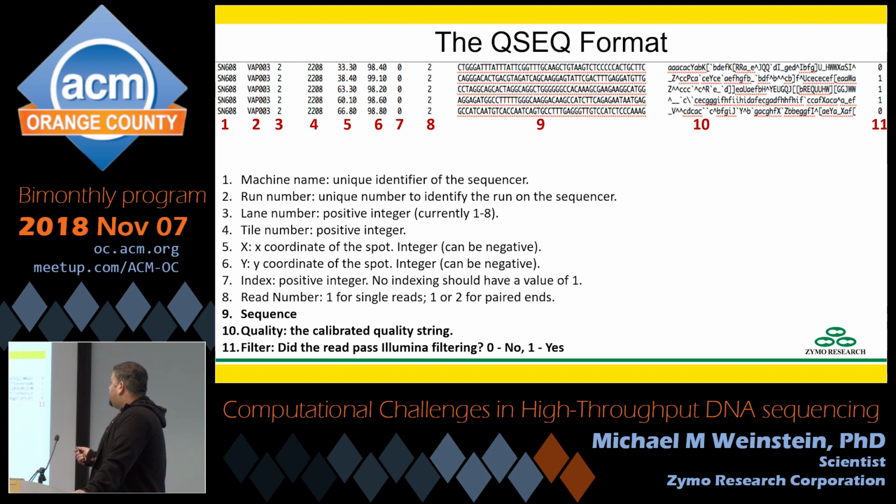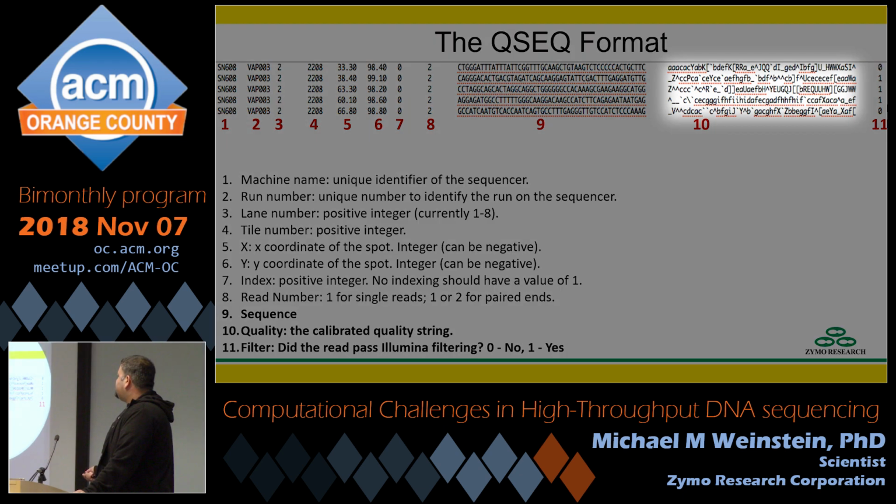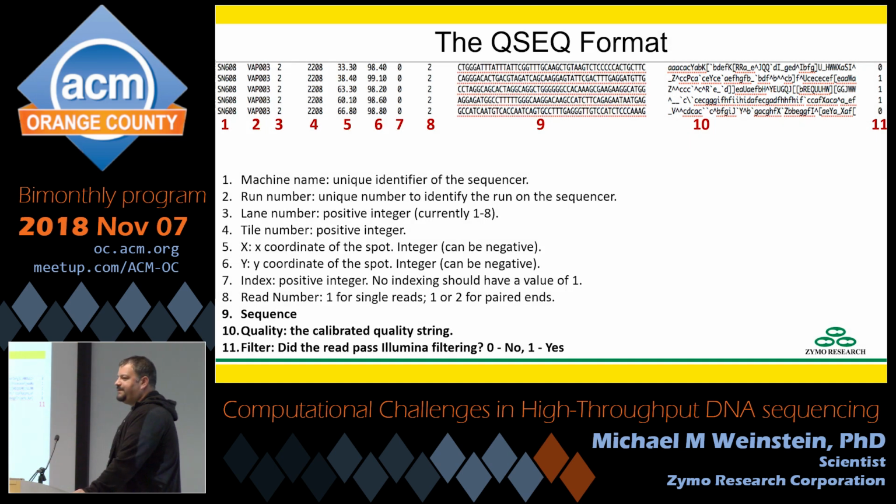Following that, we have the actual DNA sequence, and that's just going to be a bunch of A's, T's, G's, C's, plus either N's or dots, depending on the specific machine, to tell you that it couldn't read a base there. The last one is this set of basically a bunch of weird characters, and that's a quality string. And the way that works is the characters represent their ASCII values, and there's a table for converting that to what's called a Phred score.